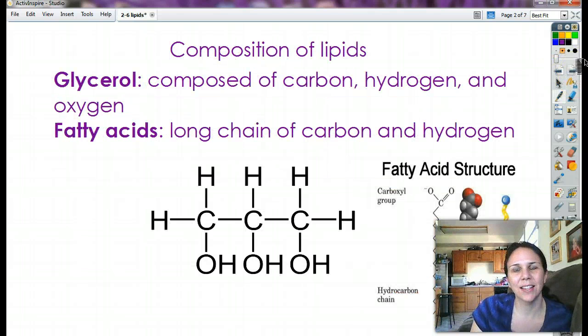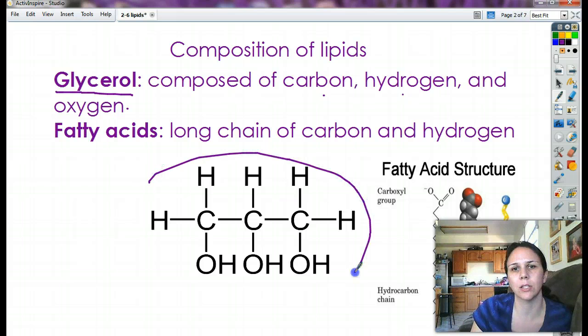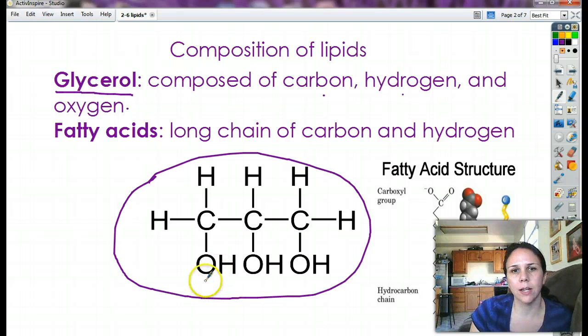Alright, let's see, what are they made out of? Well, there's two main things that we see in a lipid. One of them is called glycerol. Glycerol is made up of carbon, hydrogen, and oxygen. So this right here is a glycerol molecule. And where the OHs are, that is kind of like a little hand. And so you can see it can grab onto three different things, and that'll be important in just a little